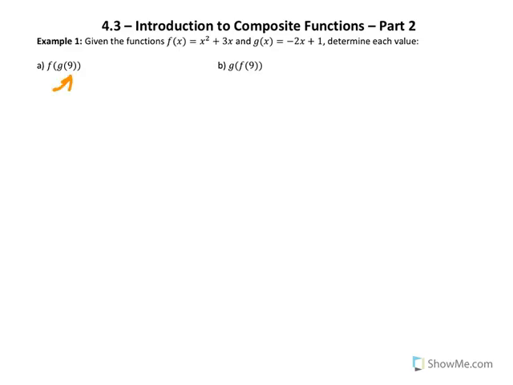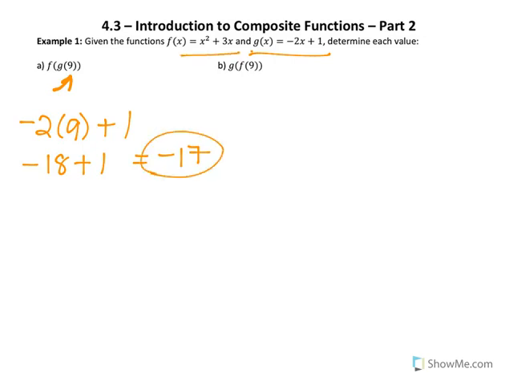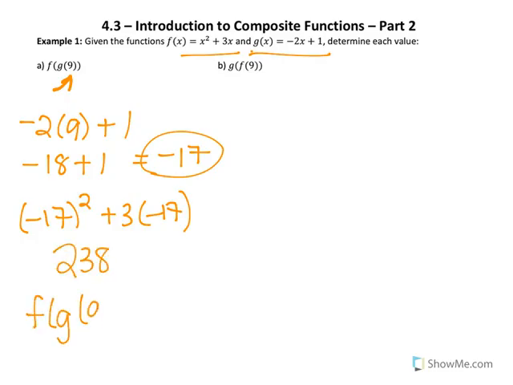So we're going to evaluate inside out. We're going to plug it into g of x first. So we have negative 2 times 9 plus 1, which is negative 18 plus 1, which is negative 17. Now I'm going to plug this into f of x. So we have negative 17 squared plus 3 times negative 17, which is 238. So f of g of 9 is